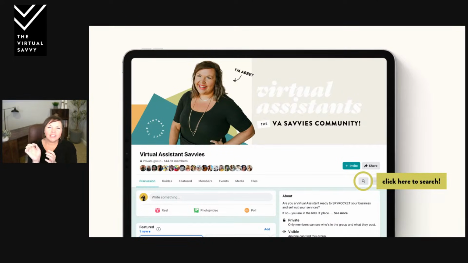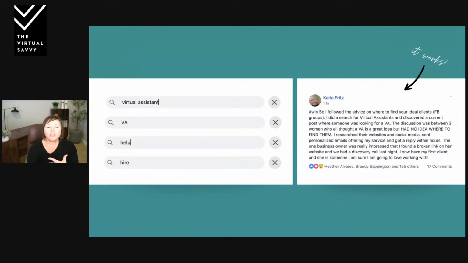You're going to search, you're going to click the little magnifying glass. Okay. And then you're going to search inside of the group. So let's say I just joined an author group, right? Because I want to work with authors. I would type words like virtual assistant. I would type VA. I'm also going to search words like help and hire,